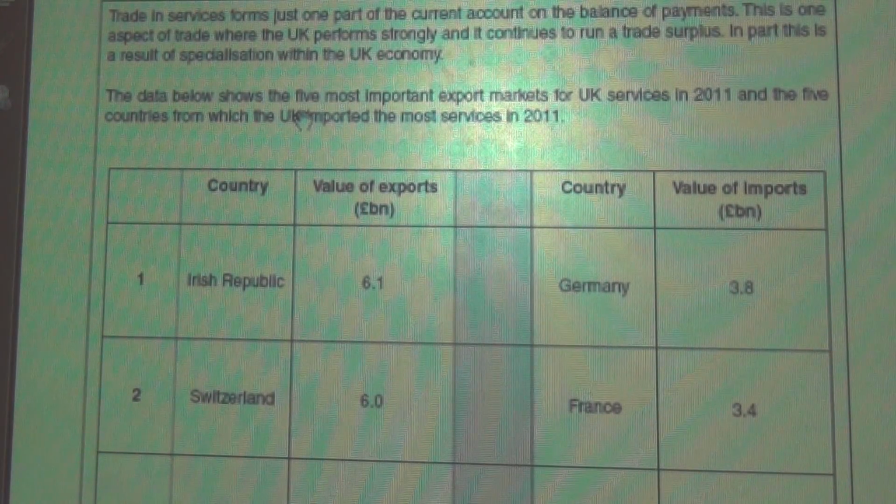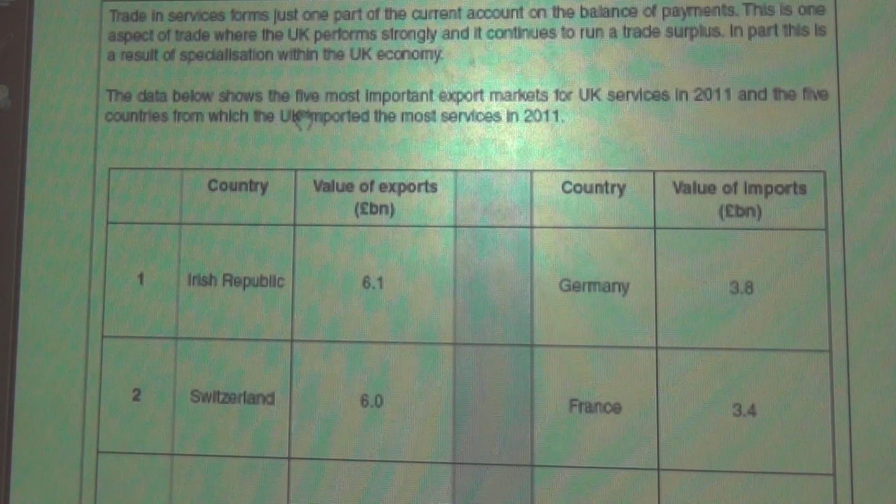Let's consider the trade deficit. In the instance of a trade deficit, we're trying to answer the question: why would the value of imports be greater than the value of exports? So why might that actually be the case? Well, you could argue, for instance, that the exchange rate is working in favour of imports, so that would have